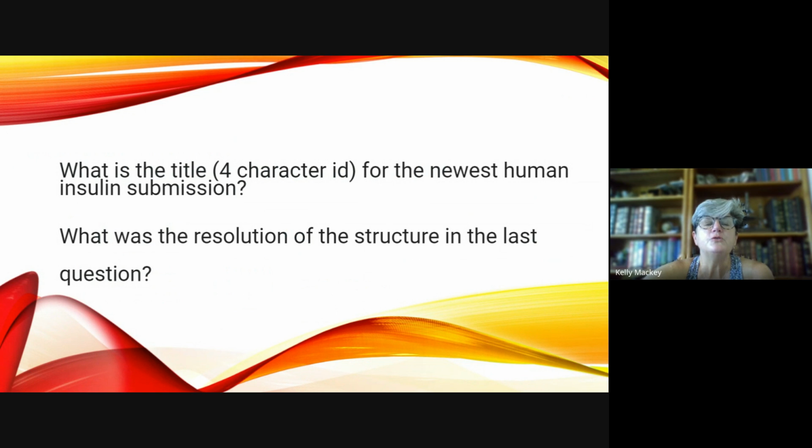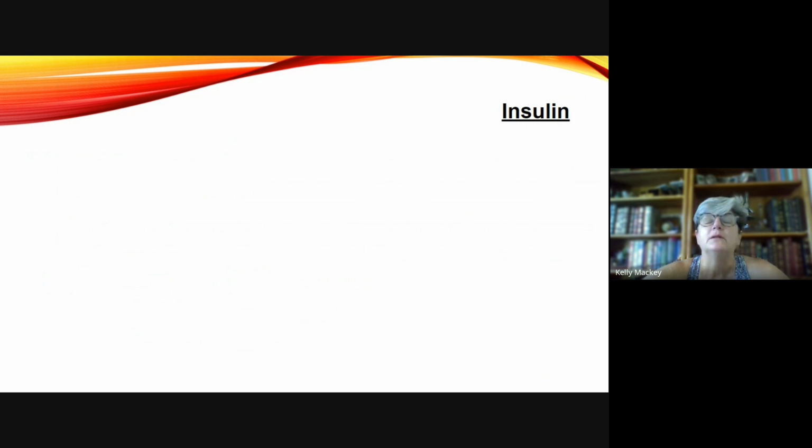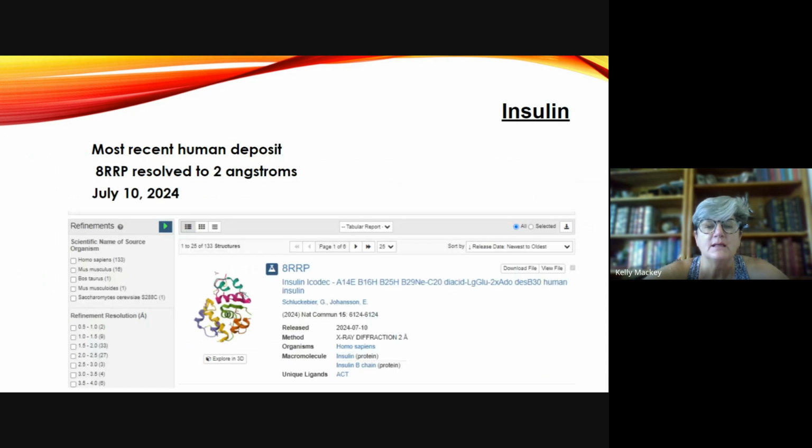The newest human insulin submission. So the idea behind this question was to get you to find the filter for how to find the latest deposit. And the same thing for, and then locate the resolution later. So whenever you're doing that, the most recent is right here. So you put the insulin in your search engine, you go into humans over here, you click on this little thing, you click the human Homo sapiens, and then you click this thing, and it brings you to a general